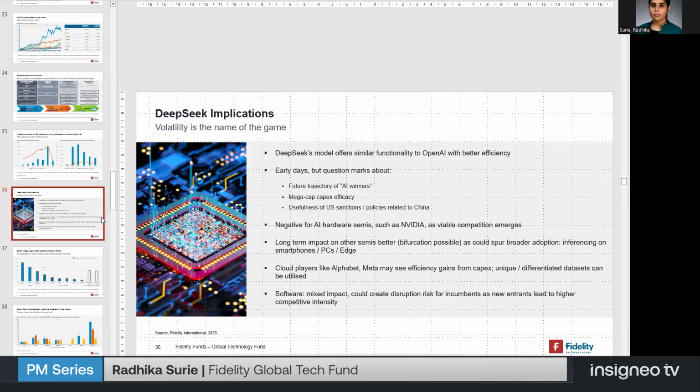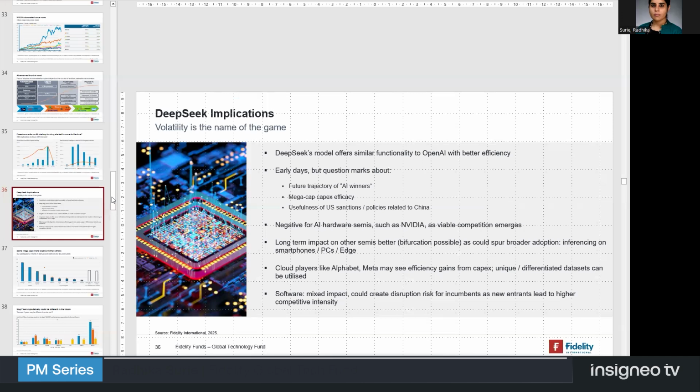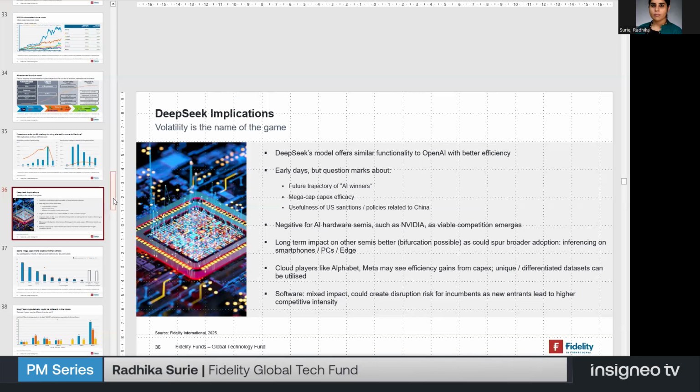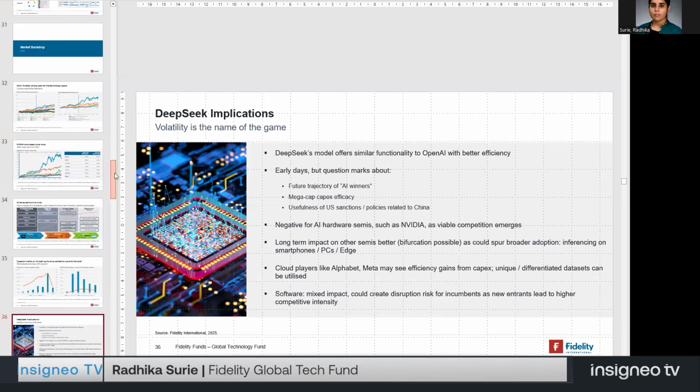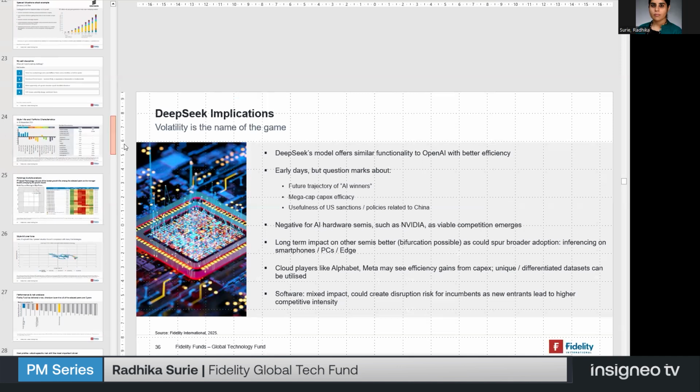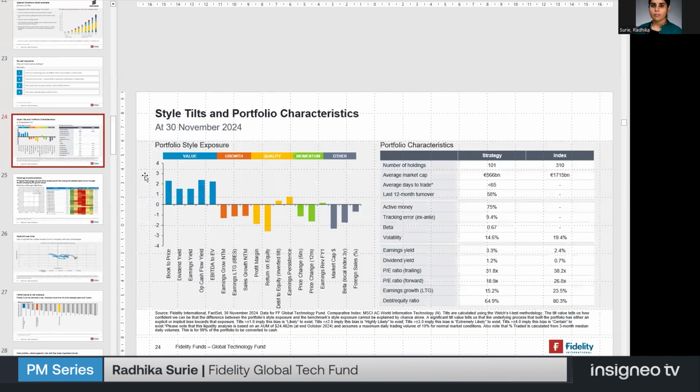Incredible. What could we expect as far as number of holdings in the portfolio and the turnover? So typically what we tend to see is that there are around 100 holdings in the portfolio. And the 12-month turnover we've seen is about 58%. Wow. So very active. It is an active portfolio, yes.